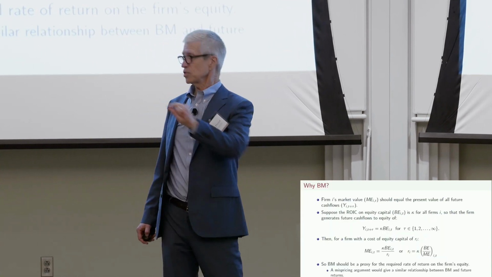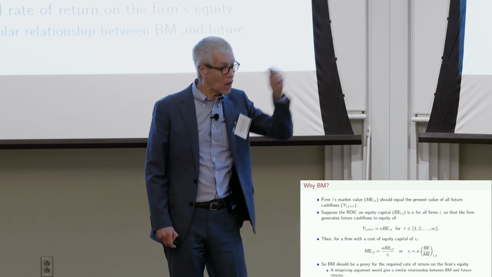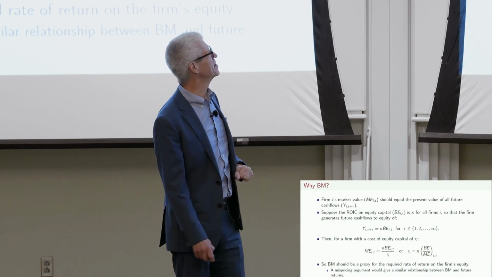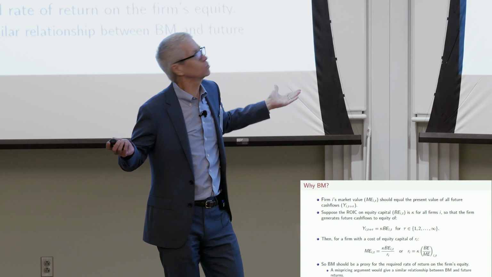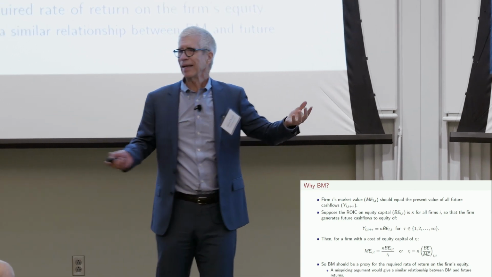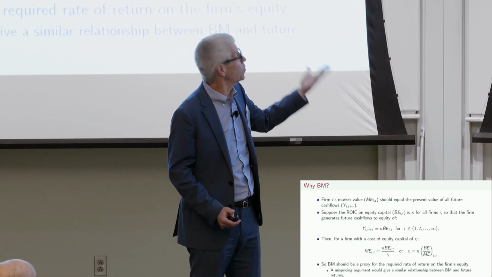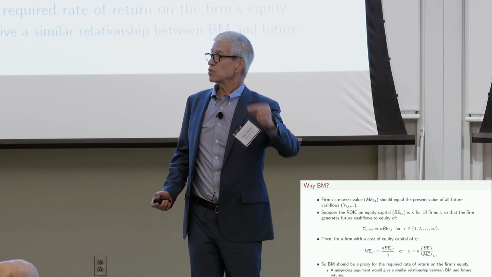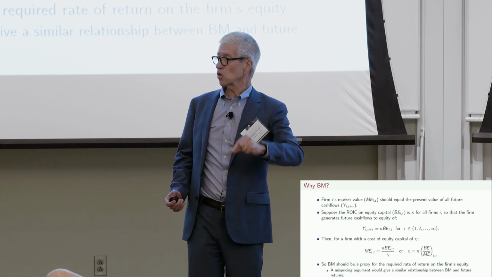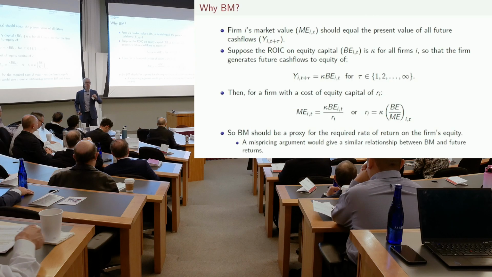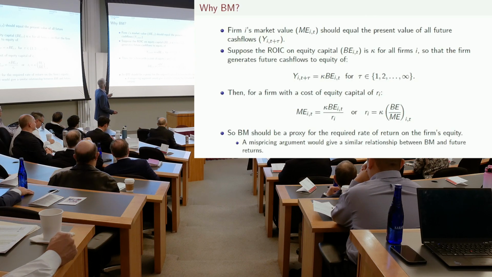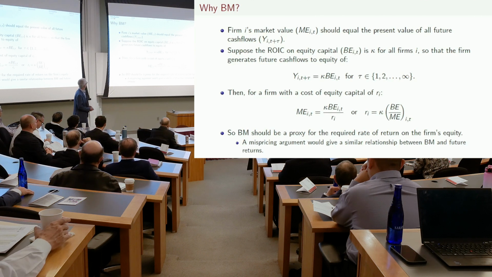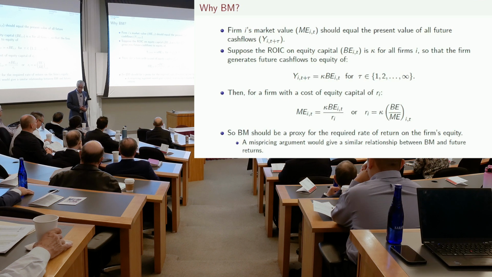So this is where I'm getting a little nervous. So let me talk about the logic behind these factors. So why should book to market work? And the simple answer is, well, if book value is a proxy for the present value of the future cash flows that you're going to get using a certain fixed discount rate, then book to market ratio should be a good proxy for the risk premium that's associated with a particular security.